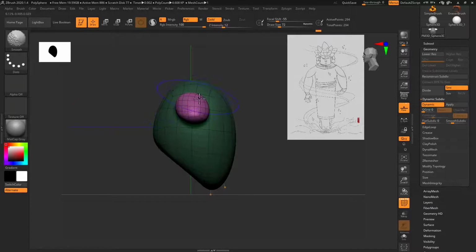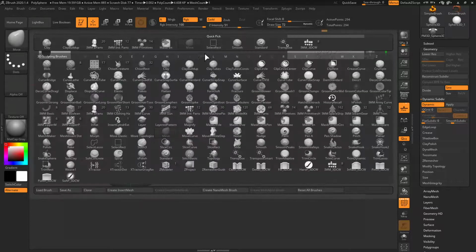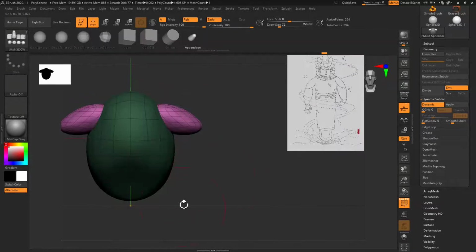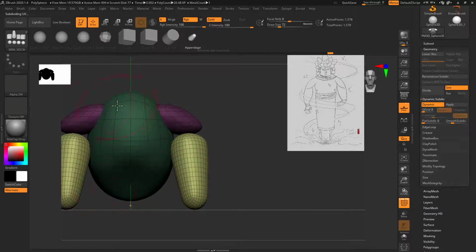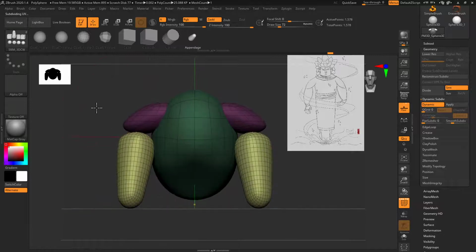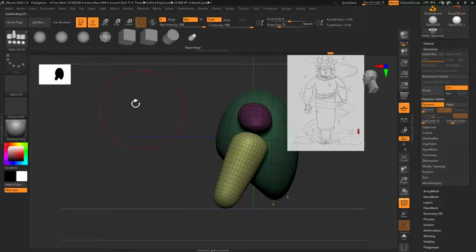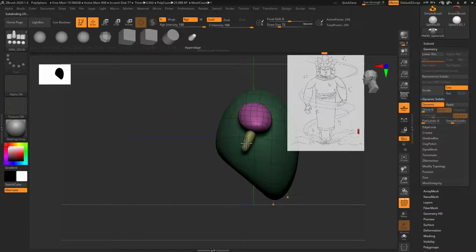I can just smooth it out a little bit. Okay, and then I can go back to the insert brush, and I can just insert something else. I'm going to insert this arm here. You can see that everything gets masked out. That's probably quite big, so I'm just going to do this